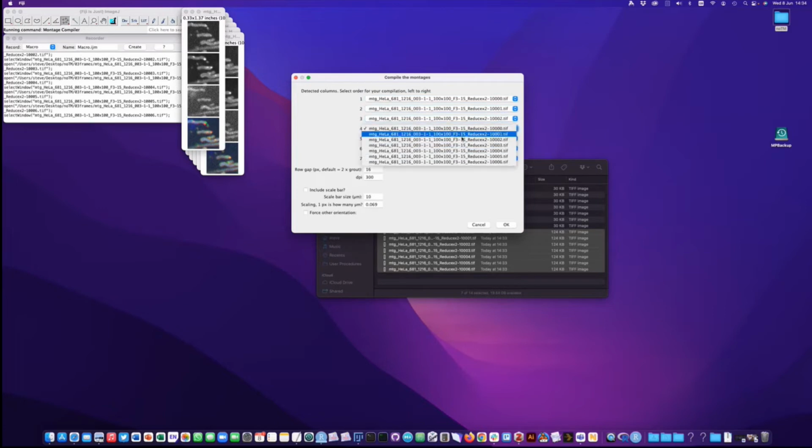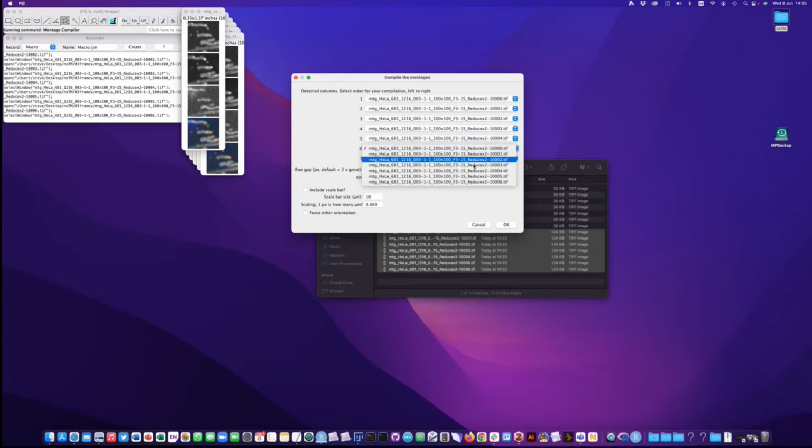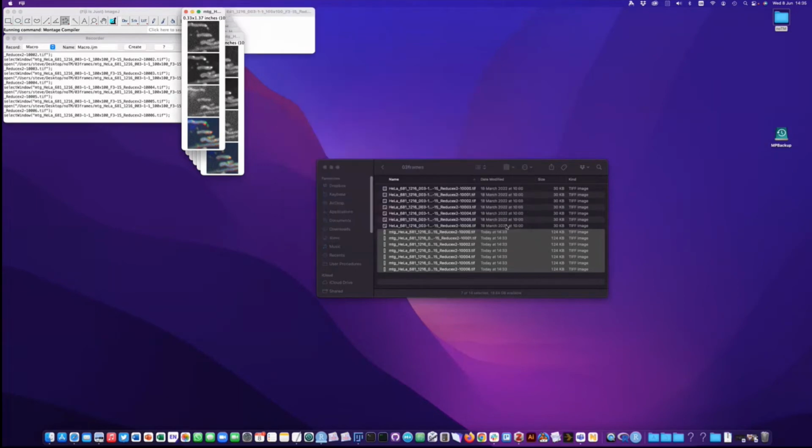Anyway, we can just put in here the order that we want. So we're just doing them in time order. 6. If you remember, we changed the grout, so let's move that to 8. Let's put a scale bar in. Actually, this is the correct scaling for this image because it's from the UltraVIEW, and we're going to do, I don't know, 2 microns because it's a very small image. We click OK,